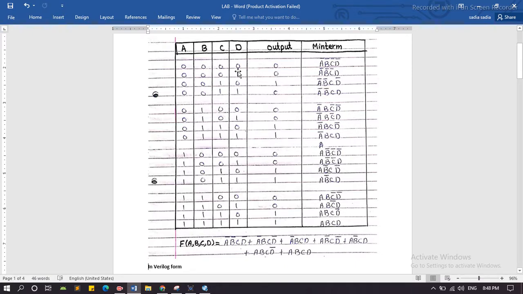In each minterm, where there is a 0 we write the input with a bar, like A bar, B bar, and where there is 1 it is simply written without a bar, as C. Here we write the function.